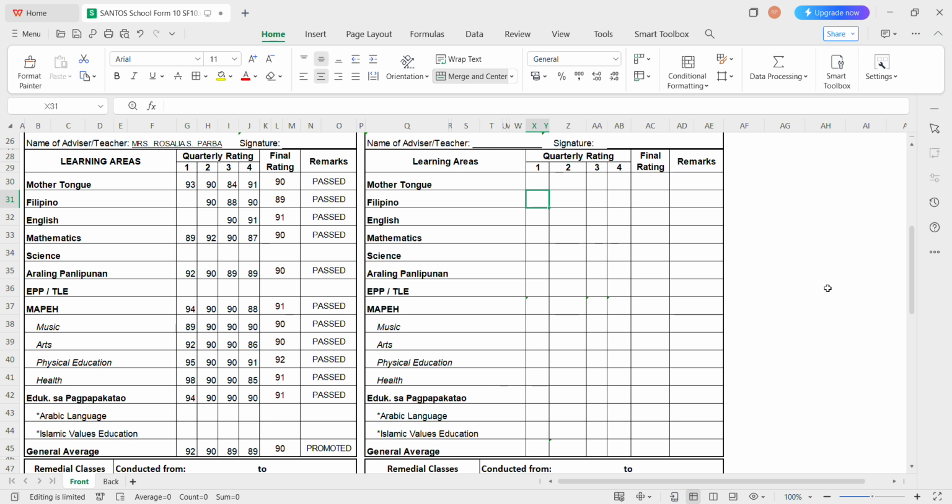Today, we're going to fill in missing formulas in SF10. So let's input first the grades of the pupil.